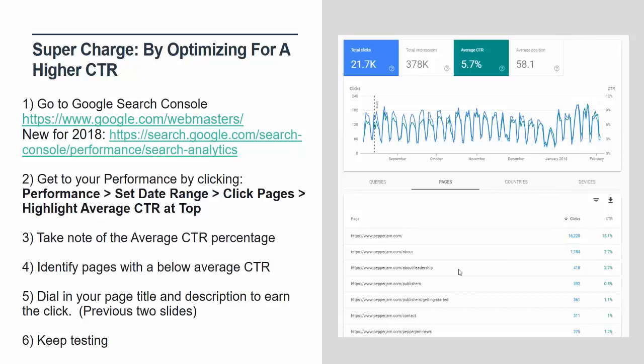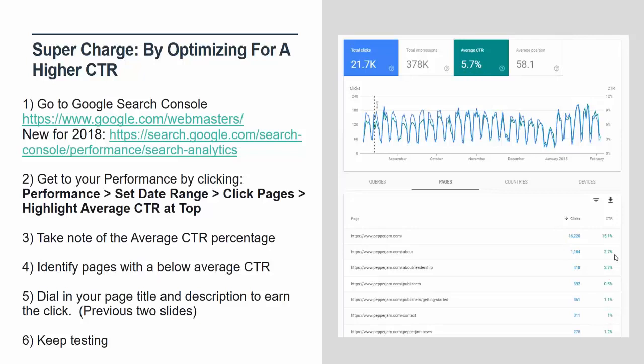And I noticed right away on pepperjam.com, oh no, this is embarrassing. This is a webinar for our publishers, and our own page is only getting 0.8%. Yeah, I know. This is the type of thing you add to a slide, but when I'm locking eyes with Shayna right now, you don't prepare for things like this until you're actually presenting it. That is embarrassing. So what I need to do is go back to this page and really create a title and description that speaks to this audience. Because right now, /publishers is nowhere near our 5.7 average that we should be expecting.